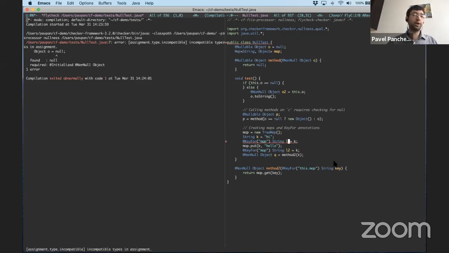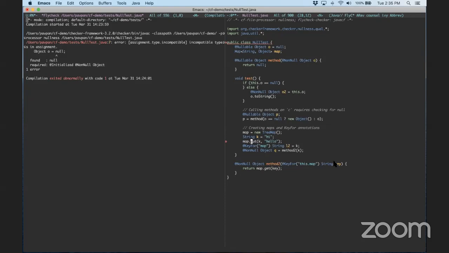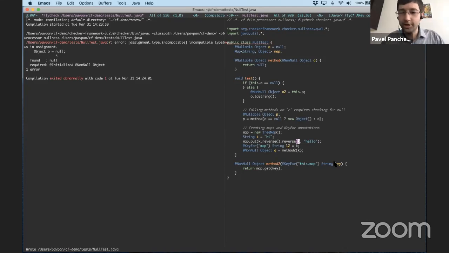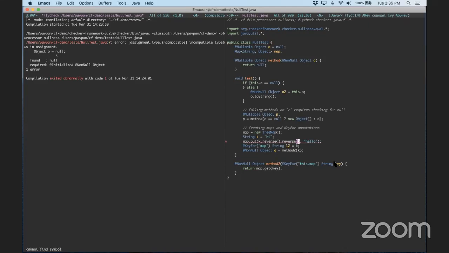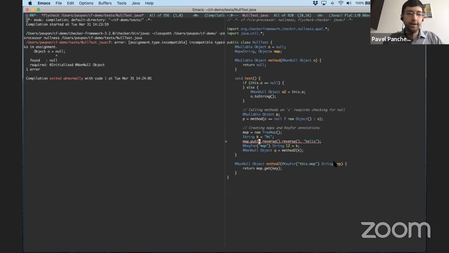So questions, Bradley? So what if instead of map.put(k), you wrote map.put(k.reverse.reverse)? Would that break it? I sure hope reverse is how you reverse a string in Java. I don't actually ever program in Java, so it does not, right? And the reason for that is, let me see if I can actually.